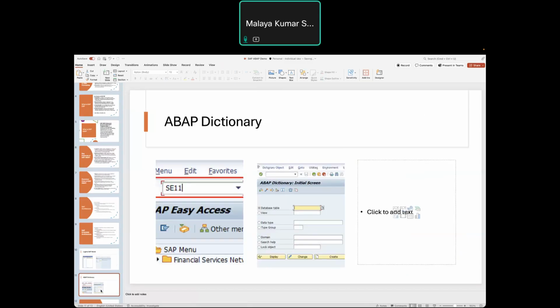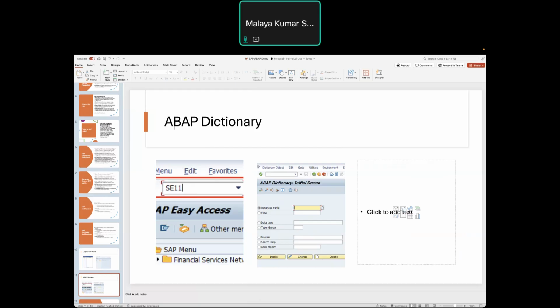As I told you, we have a data dictionary, and in the data dictionary we have different ways to manage your data. So this is what your data dictionary screen looks like. But SAP also gives you flexibility in finding the object you need to create. That is called your T code, transaction code. SAP allows you to give a transaction code. SAP gives such a transaction box where you can enter your transaction so that you will access your specific object to create.